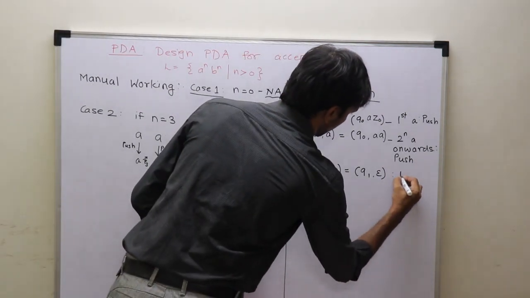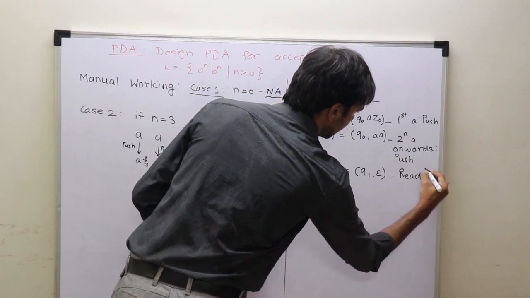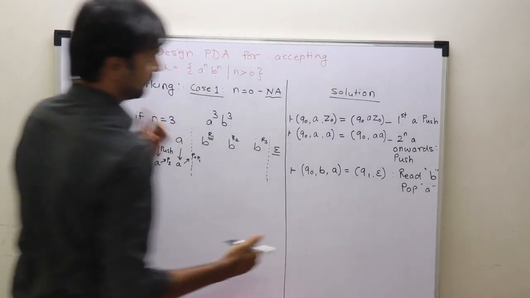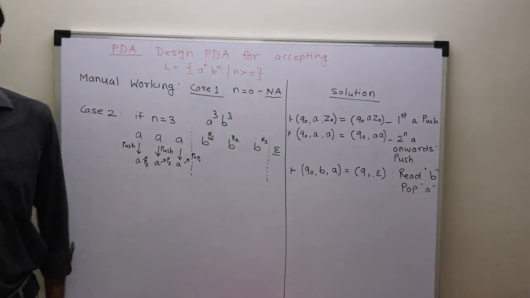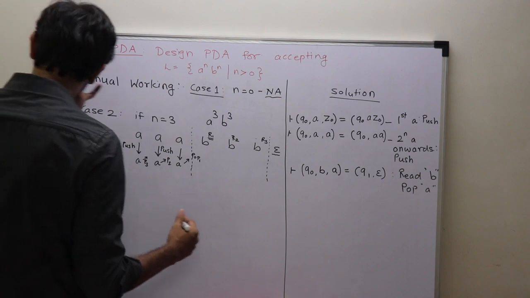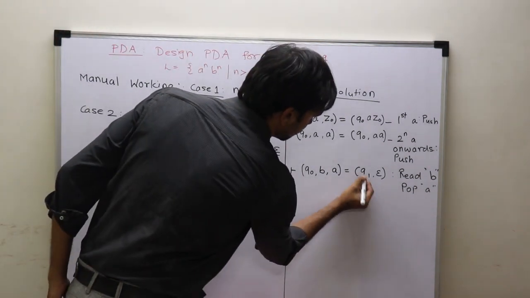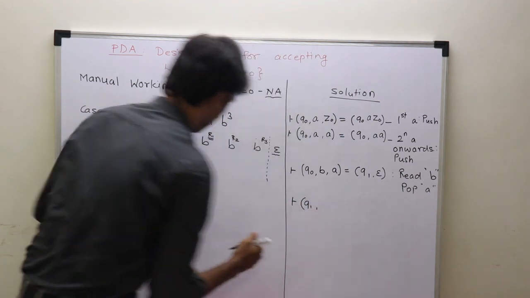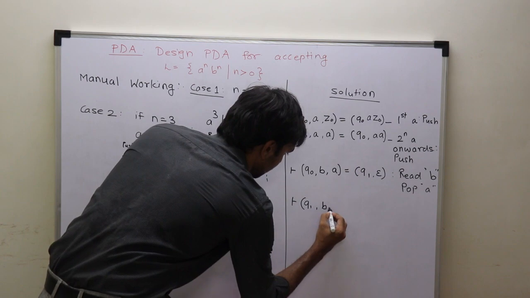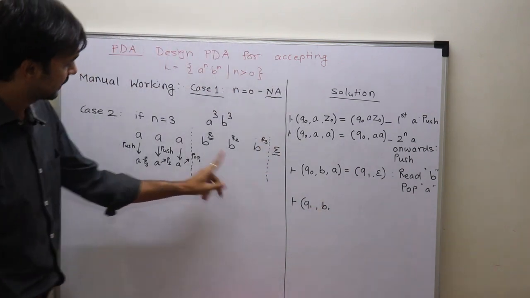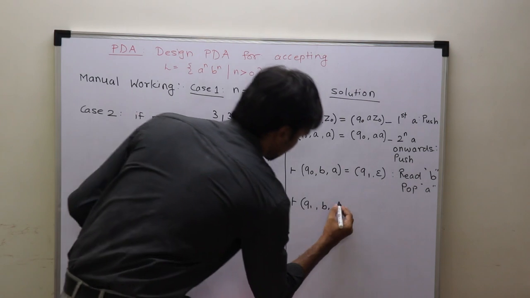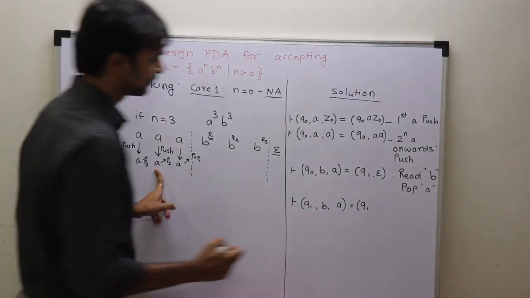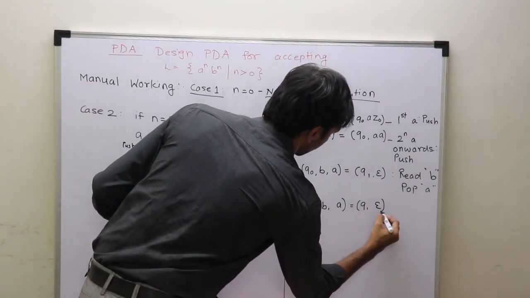So here we perform the pop operation for reading B. So basically what are we performing here? We are performing read B and pop A. We are reading B and, to indicate that B is read, we are popping A. Now, the machine has reached Q1. So the machine is in Q1 and tries to read what? The next B. It tries to read the next B such that the top of the stack is A. The top of the stack is still A. The machine remains in the same state, Q1, and it pops the character.